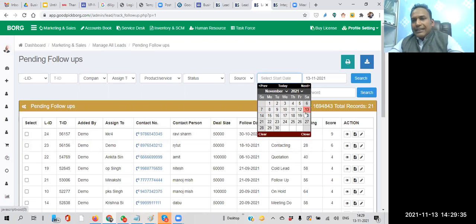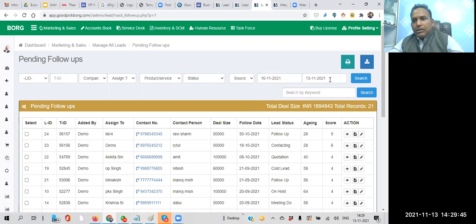For example, if the follow-up is set for the 16th, you can set the date range 16 to 16 and apply the search option. Then all leads whose follow-up is scheduled on 16th of November will be listed.